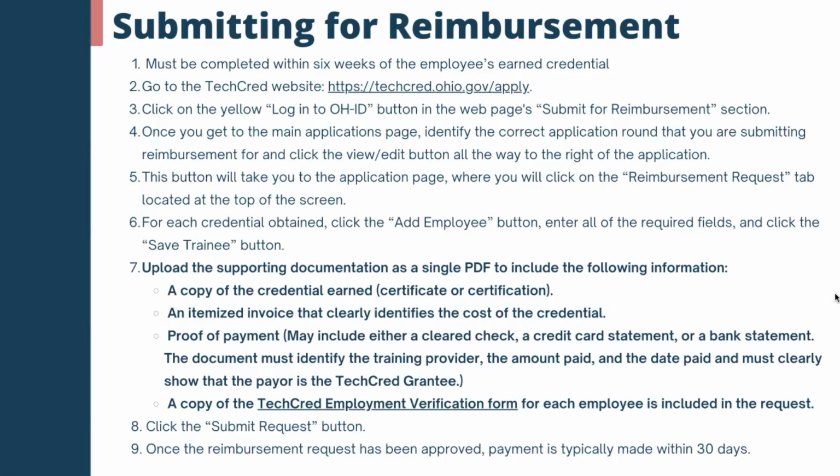If you're working with a training provider that doesn't do that, just make sure you saved your invoices and are able to go back and find it when the time is right to submit for reimbursement. You'll need proof of payment. So it could be a clear check, credit card statement, bank statement. The document has to identify the training provider. So in this case, AWT, the amount paid, the date paid, and show that the person who paid is the